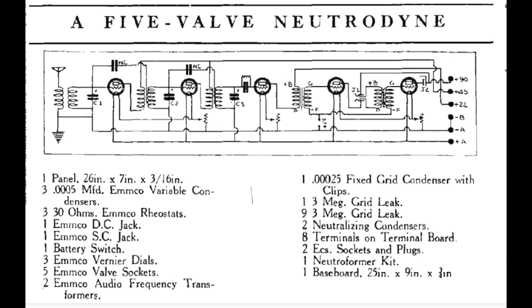Before we talk about what's going on in the GE-514 and the All-American 5 radios, let's talk about what came before. This is a schematic for a 5-valve Neutrodyne receiver. This is a tuned radio frequency receiver, generic, and we'll ignore the Neutrodyne part for right now. Most all TRFs had this configuration. Antenna, of course, came into an RF amplifier, the first stage RF amplifier, which was then, the signal was then